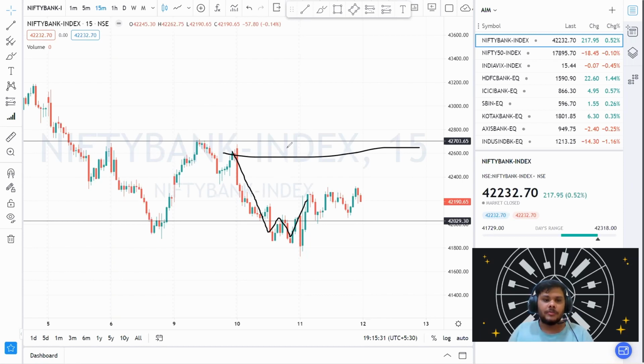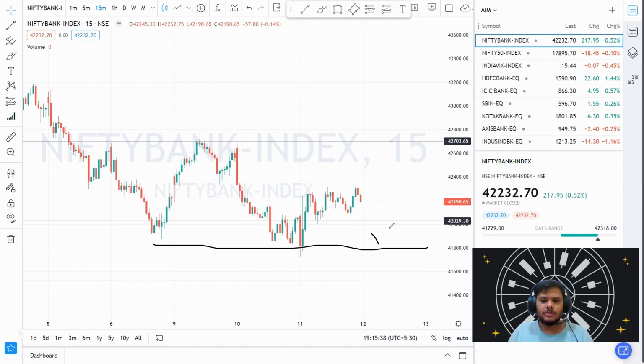And just as it may open gap up, it may also open gap down. So if it opens gap down below 41,800 or around that zone and trades below 41,800, then you can expect some selling pressure, because it continuously tries to break that level but did not sustain there. So if it trades below that level tomorrow, and tomorrow is also expiry, it may go down until 41,500. And that's all about Bank Nifty.